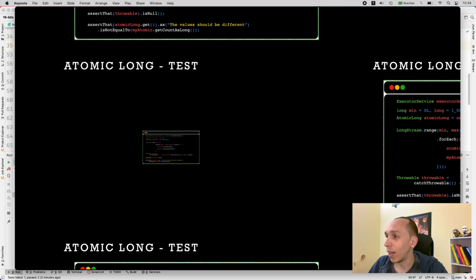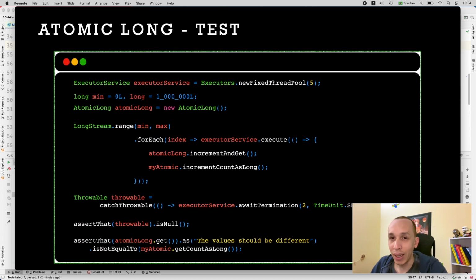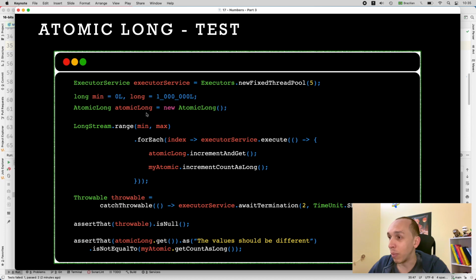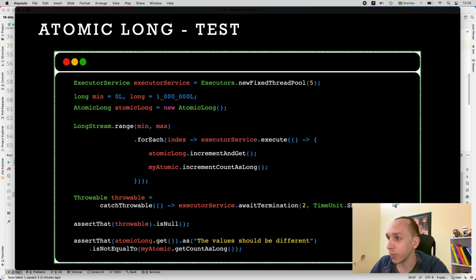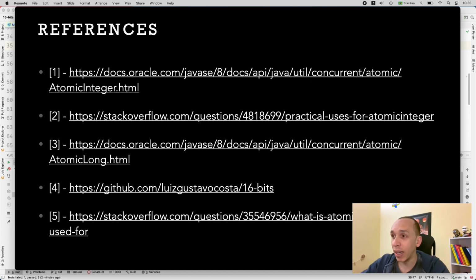And then let's see the code. The code is the same. I mean, the scratch or the boilerplate for the test is the same. Now you have this min and max value, the change from int to long, and then the same approach. And right here, I also put the reference for AtomicInteger, AtomicLong, the GitHub where the project is, and also